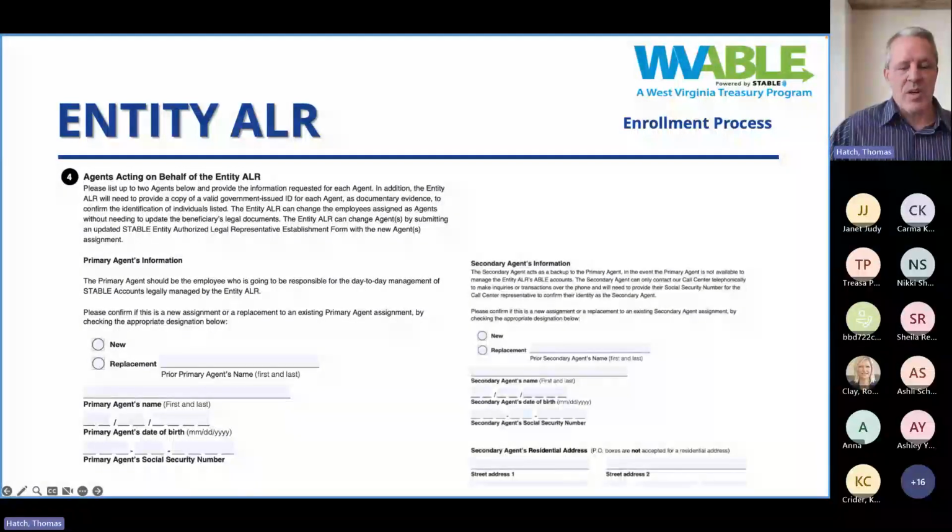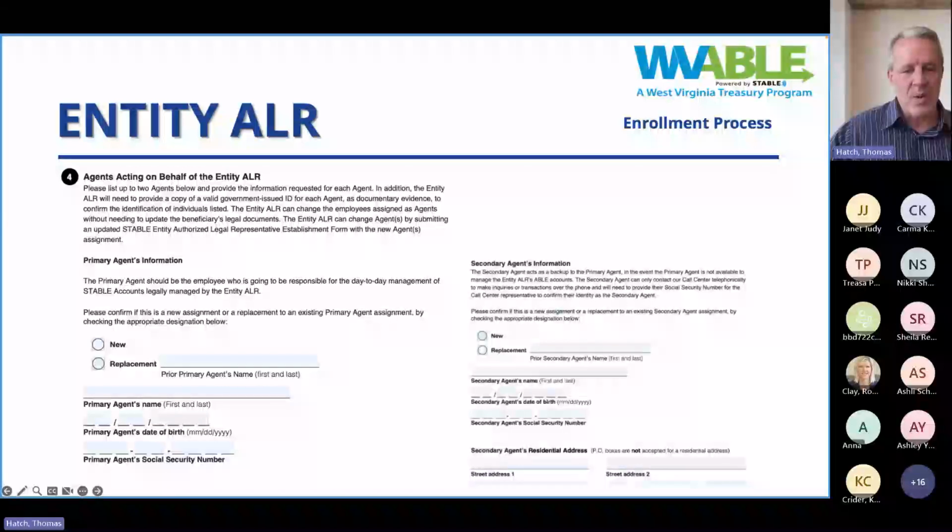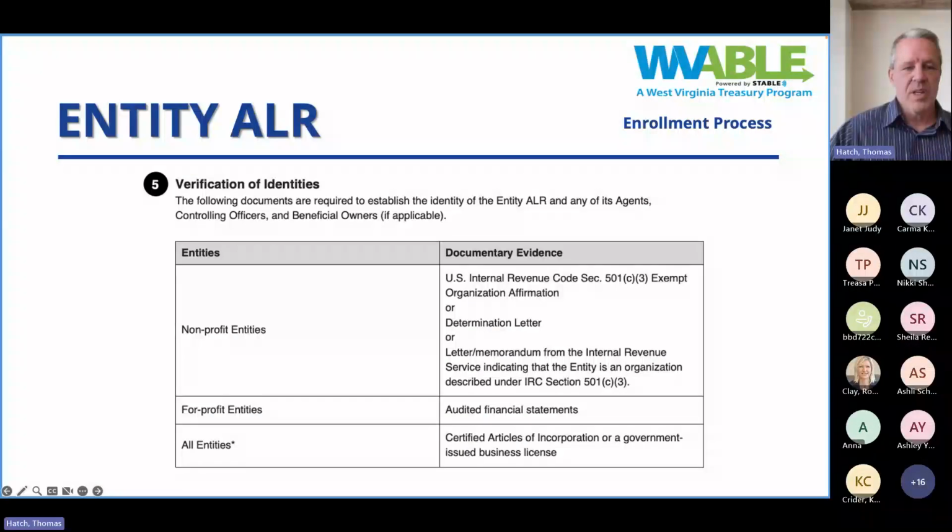And do understand that one of the reasons why we tout this, meaning the entity structure, is so that people don't have to give out personal information. So we're working as best we can towards that, because sometimes that can be uncomfortable. But I can't stress more than anything that this information, though requested at this point, has nothing to do with anything else on the account, will never show up anywhere on report statements or anything, just simply for verification in this step only.